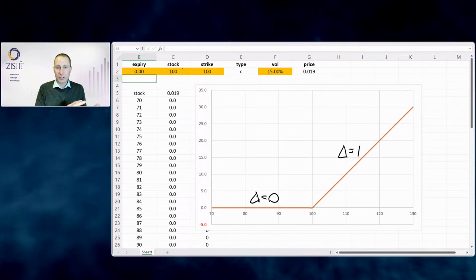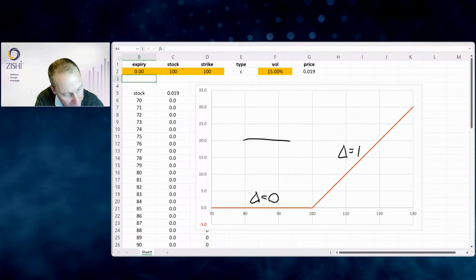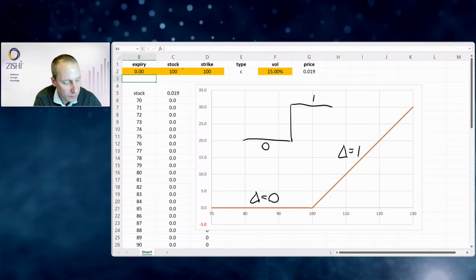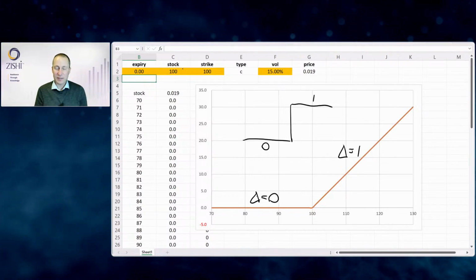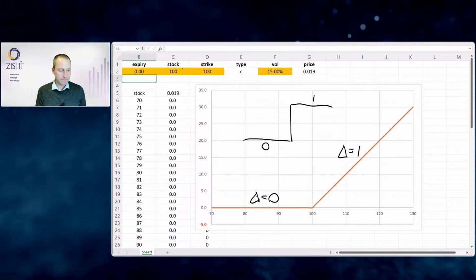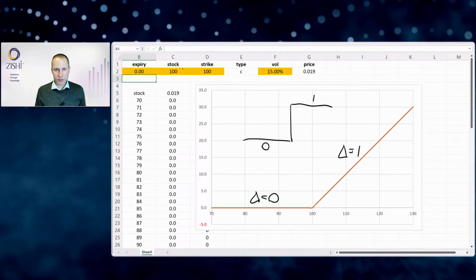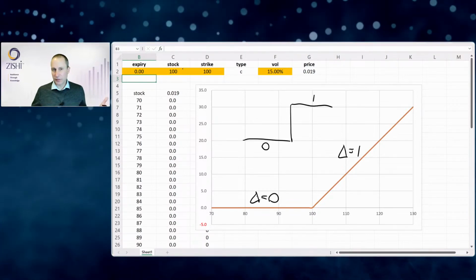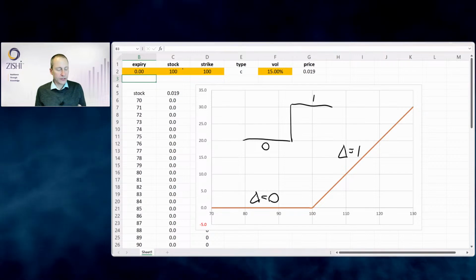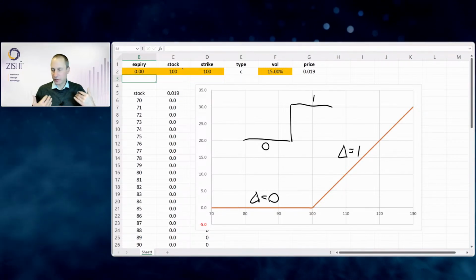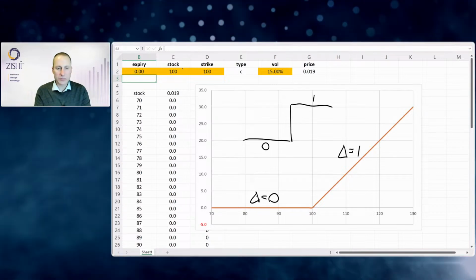It's either 0 or it's 1. So we've got a delta that looks something like this, 1 or 0, and then we have this vertical change in between around the strike. Okay, if I'm just using options to trade a directional view on the stock, this doesn't really matter so much to me. I'm viewing this from a trading point of view as just being, my outcomes are just dependent upon